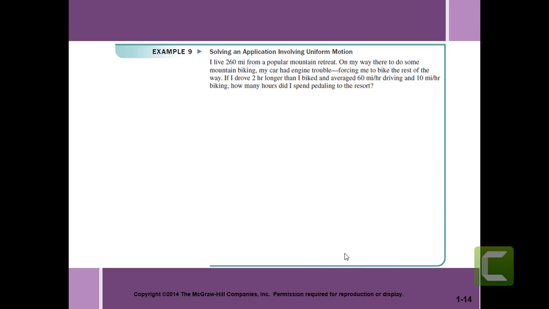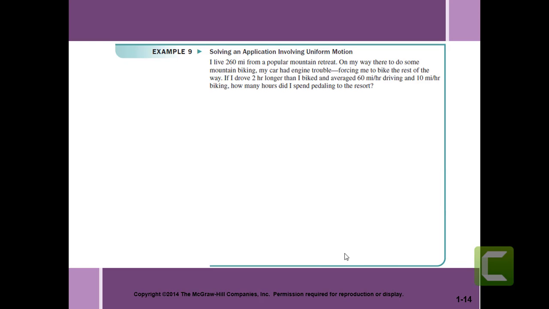Okay, does that make sense? So it means that however long I biked for, I drove 2 hours longer. So that's in addition. Okay, and it also tells me my average speed or velocity. So I averaged 60 miles per hour driving and 10 miles per hour biking. And then it says, how many hours did I spend pedaling to the resort? Okay, so now